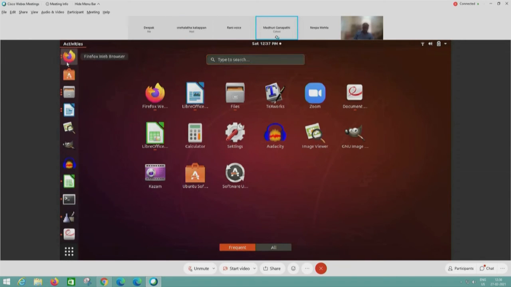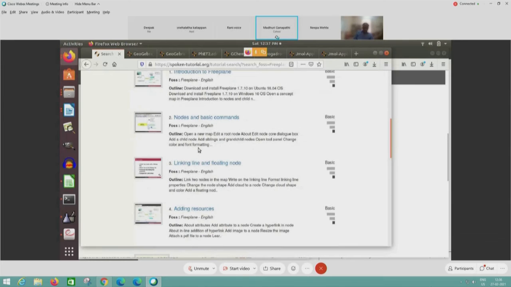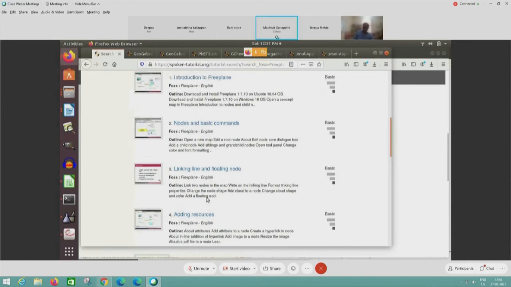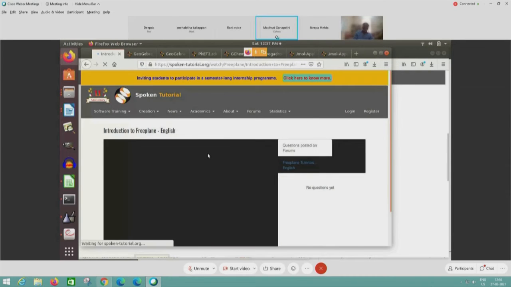Okay, online, I can show online first. Yeah, Freeplane is a mapping software. We can download Freeplane; we have a tutorial that explains how to download it, an introduction to Freeplane. It's a mapping software where we can map. Okay, I can show the default map in the tutorial.